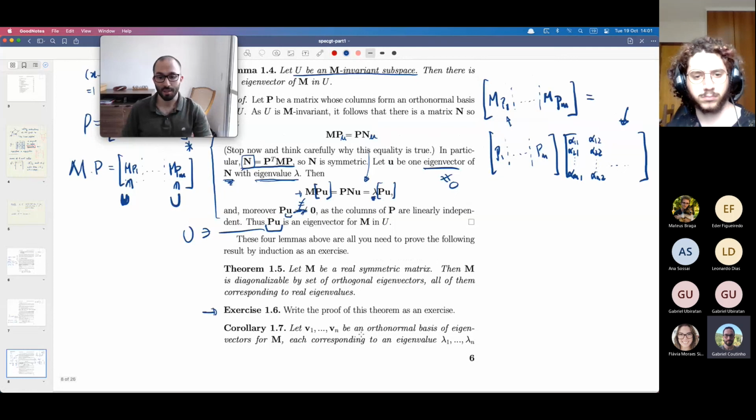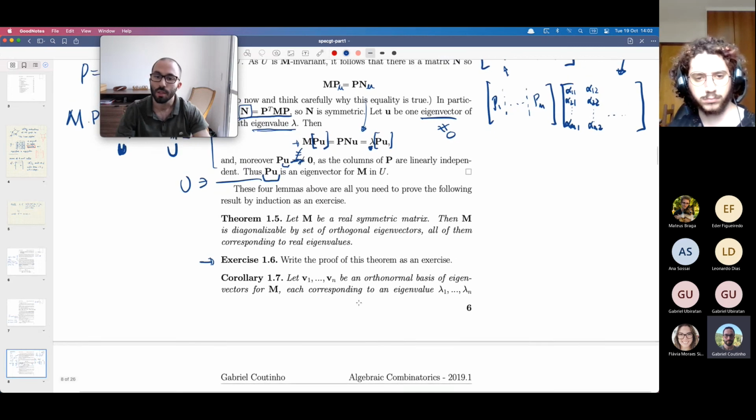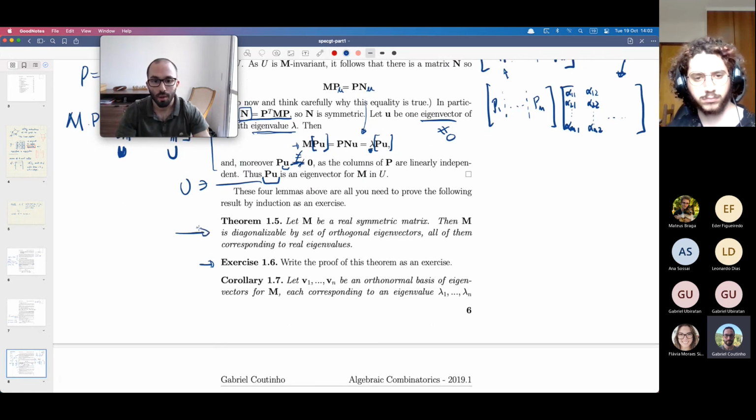But now everything is easy here. You already know that whenever you find eigenvectors and eigenvalues, they will be real. You know that they will be orthogonal, and you are basically good to go. All right. So this is the key theorem that will be used over and over and over for us in the next semester.